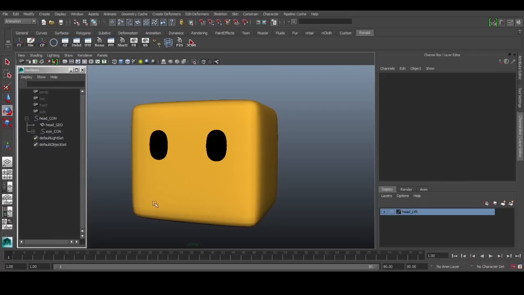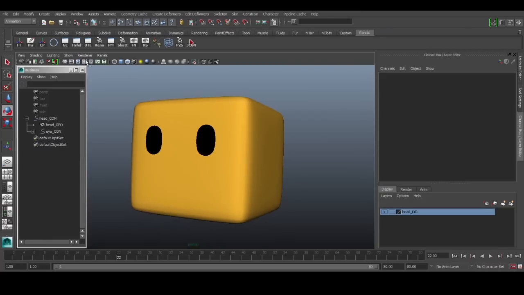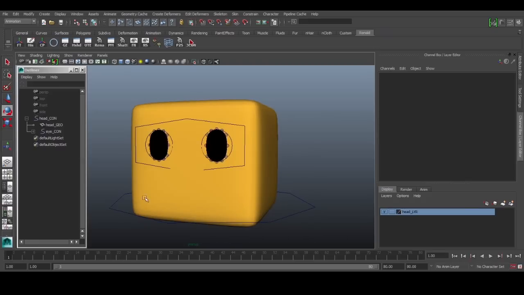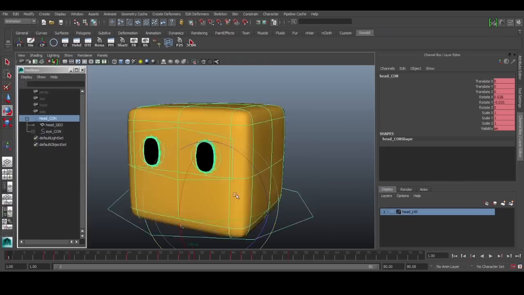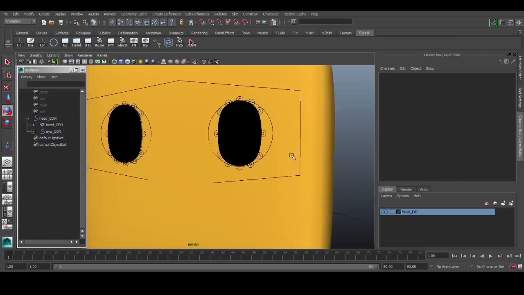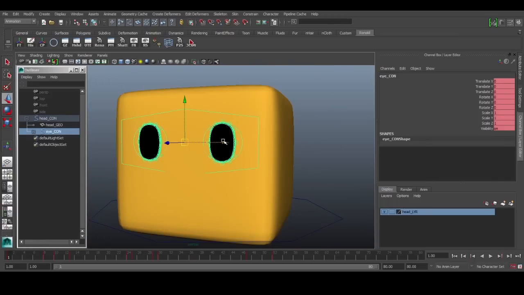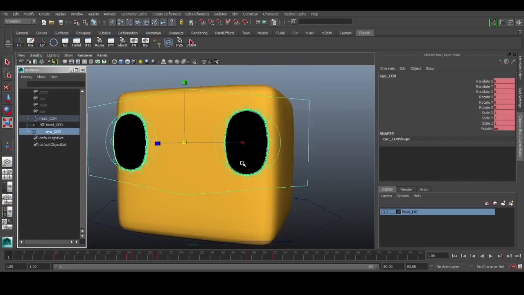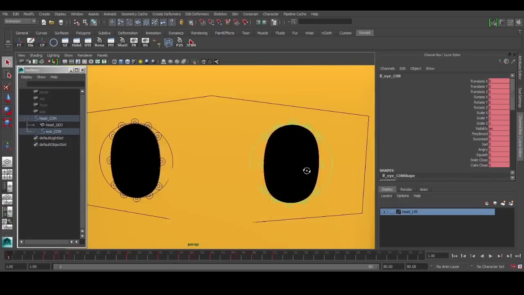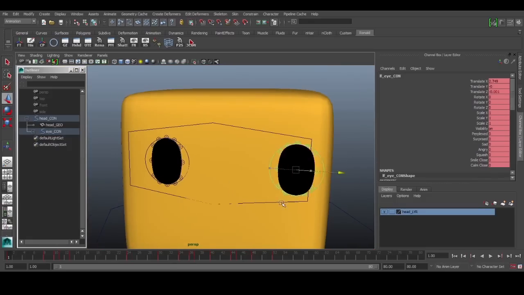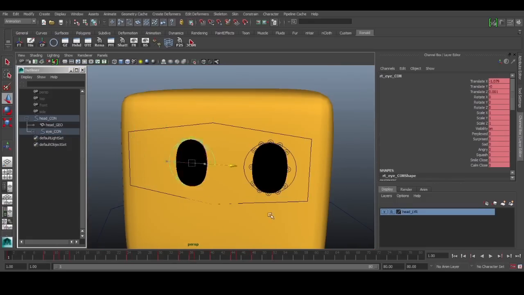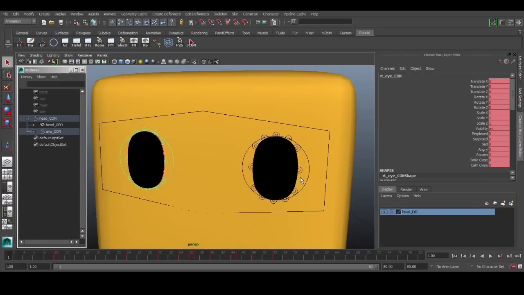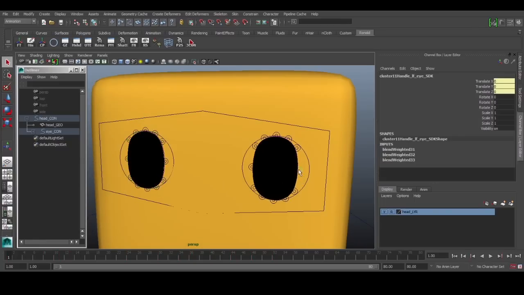Just before I start rigging, I want to show you how the rig works. So let's show all the controls here. We have some controls for the head. We have some controls for the position of the eyes, so we have translation. We can also rotate it. And we have the individual eye control. This one is for the left eye, this one is for the right eye. And then to control the shape, we have these little controls.